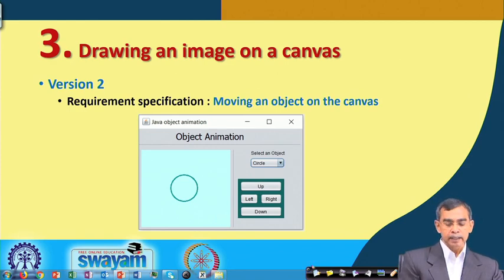Here, if there are many other objects also, you can select which objects you want to move. Out of many objects, some objects can be selected. There is a choice, and in this choice you can also give the movement of a few more. So, if you choose a circle, then you can select left and the circle will move, then another object, maybe an ellipse, can move right, and so on. You can simply control the event handling mechanism here, although it is a simple event handling mechanism, because here there is a choice list and 4 buttons, and you have to implement button handling and mouse event handling routines there.